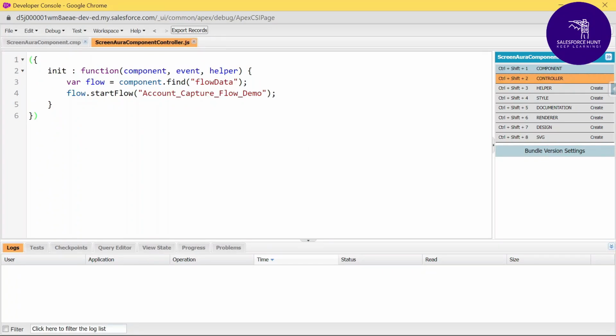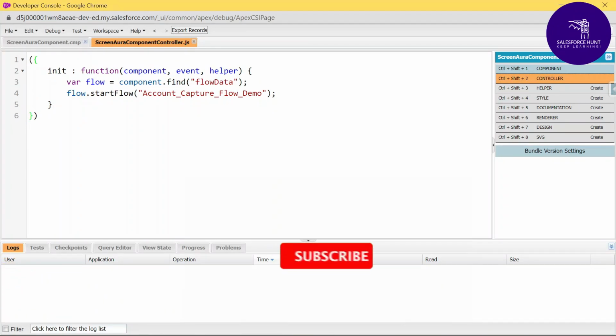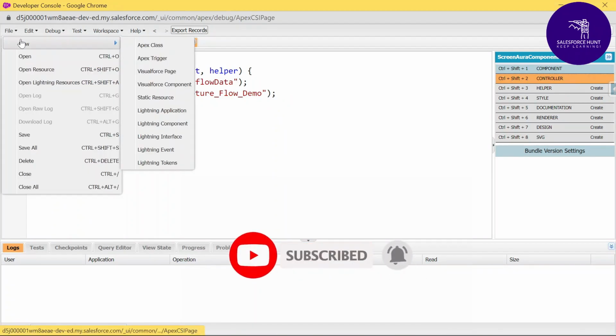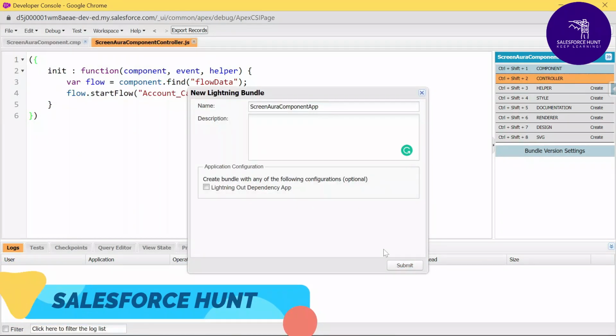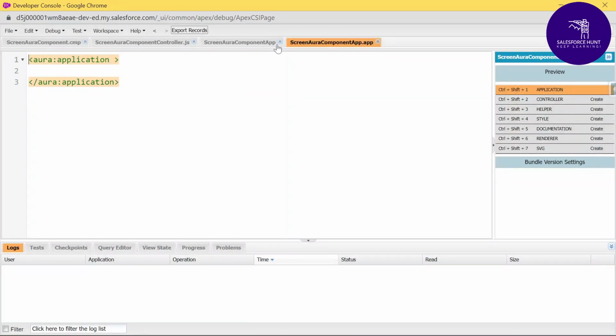And after that you can see my file is automatically saved here. This is the JS file, this is the component file. So let me use this component under a Salesforce Lightning application. So how to use that? Just click this file icon, new, and click Lightning Application, and again you have to create your app here, and just click the Submit button. And after that you can see my application, right? And after that you have to use your component under this application.